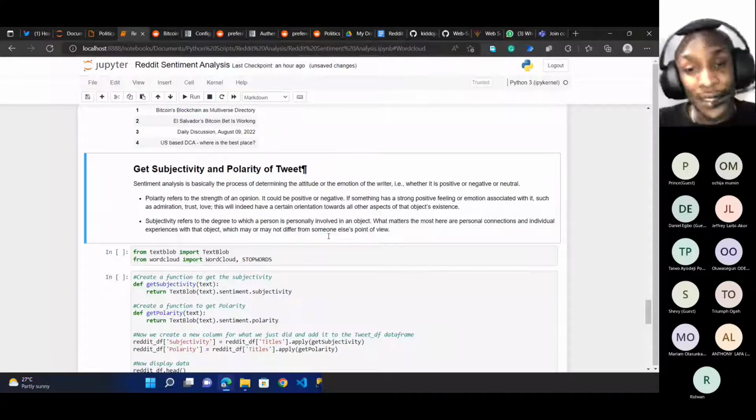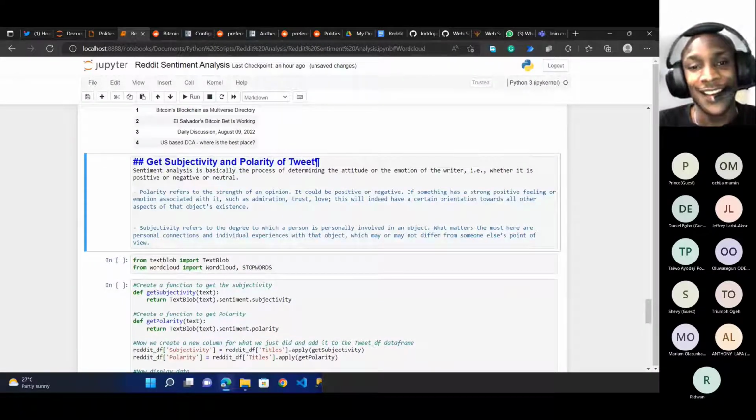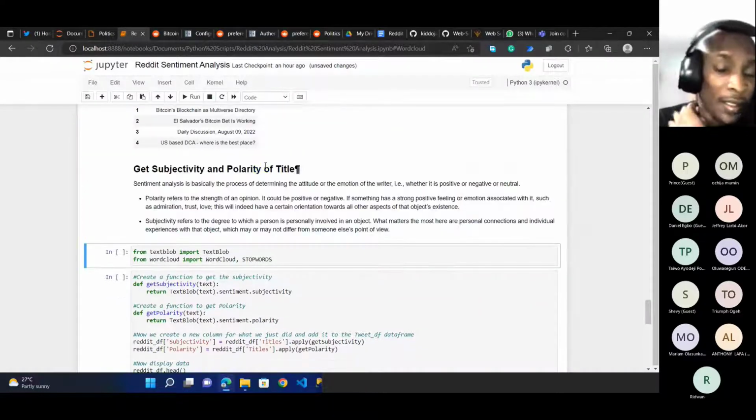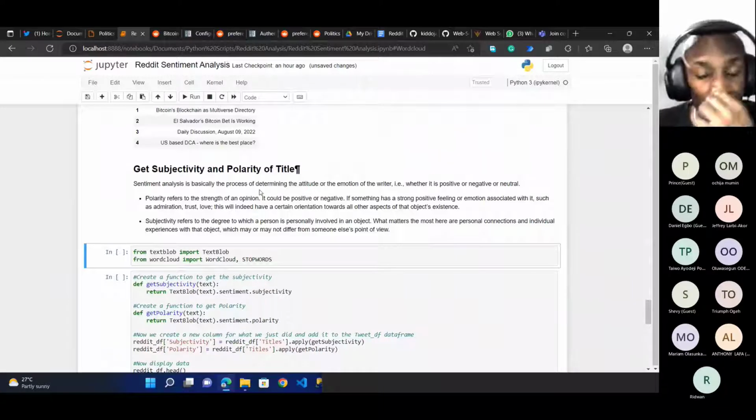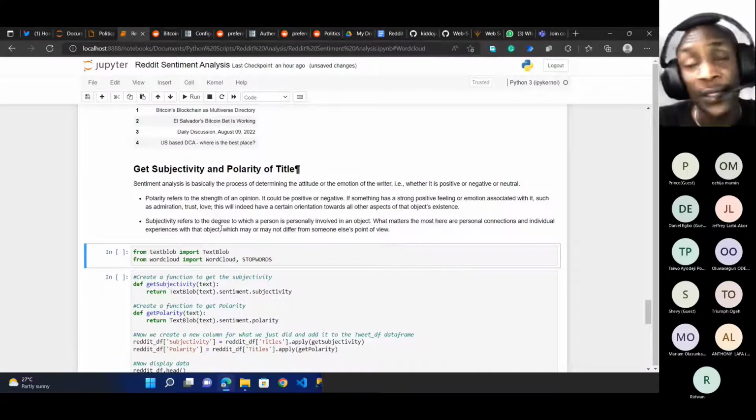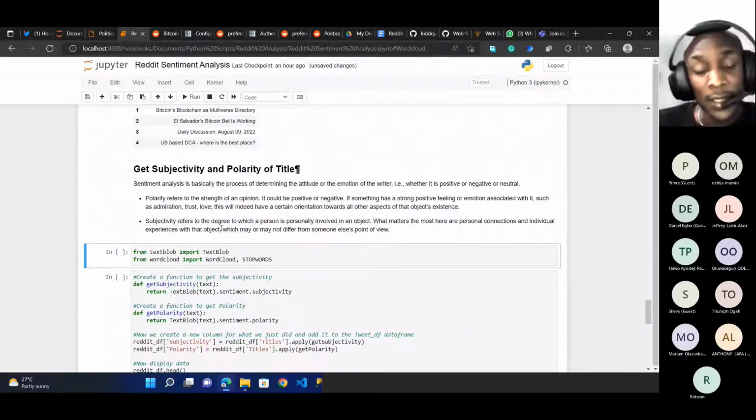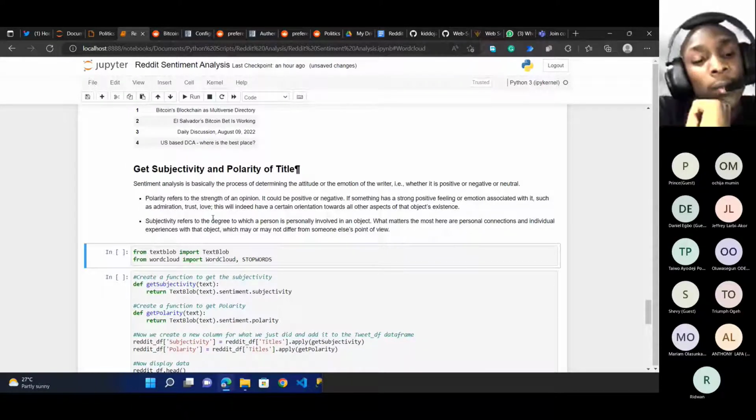Should we do it for Reddit? Let's just change to Reddit. Title. So this was written in Markdown. If you guys are used to Markdown, if you write for developers, like on Hashnode and Dev.to, you know you use a lot of Markdown when you're writing. Okay, so I was talking about getting